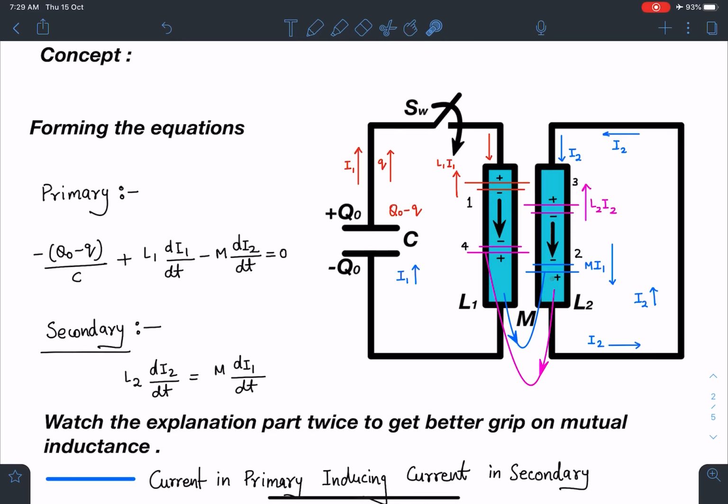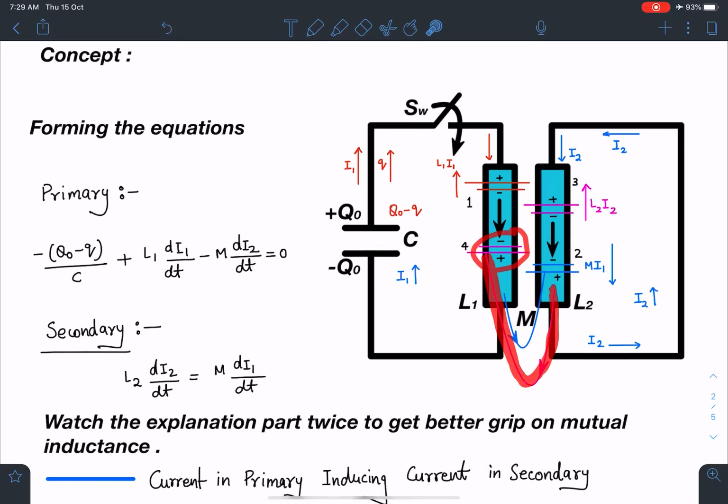Now since current is increasing, and let's say here also these field lines are in this direction, that means coil 2 is creating its field lines in this manner. You can see this pink line will represent this increasing field which is due to I2 will enter into the first one, and this is increasing. So now the tendency of this mutual part will be to oppose this increasing pink flux. So it will try to oppose this.